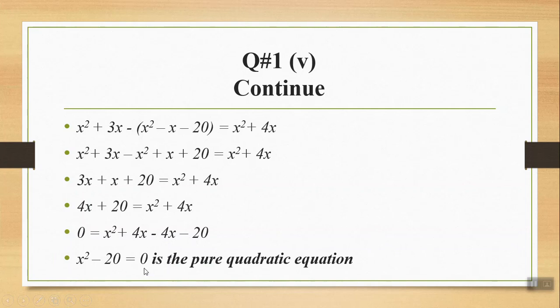Here you can see that only x square and the constant value are present, but there is no x value, and we have talked about this, that in an expression where the x value is not present, it is a pure quadratic equation. So this is the pure quadratic equation, not the standard form, because the standard form has the x value but here there is no x value. So this is the pure quadratic equation, which is our required result.